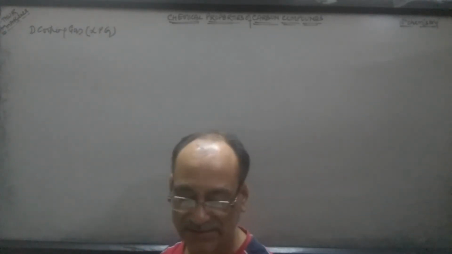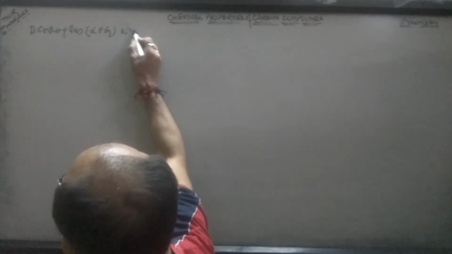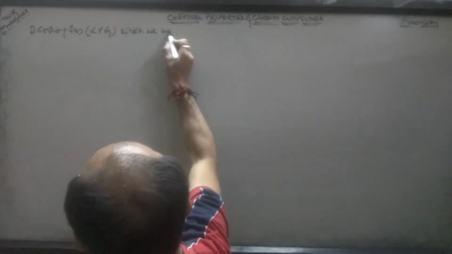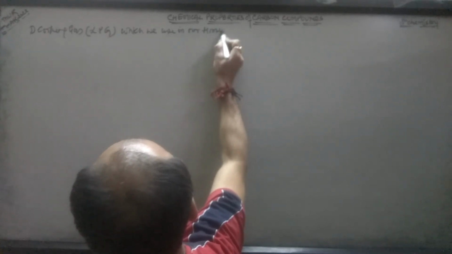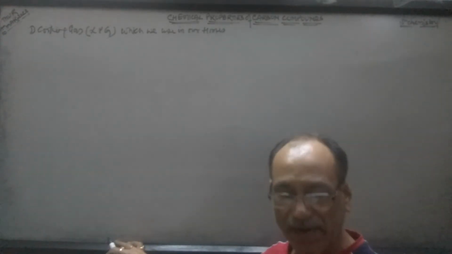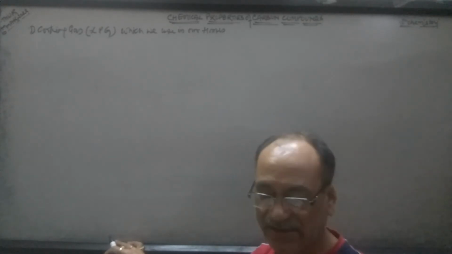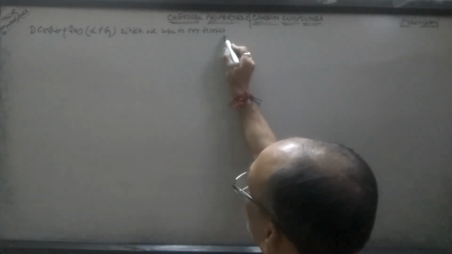So now, the cooking gas which you see at home, is it clear? That is known as LPG, liquefied petroleum gas, which we use in our homes. Now the pipeline has also come to your Haldwani, it is coming. So in our homes, what you are using is an alkane,